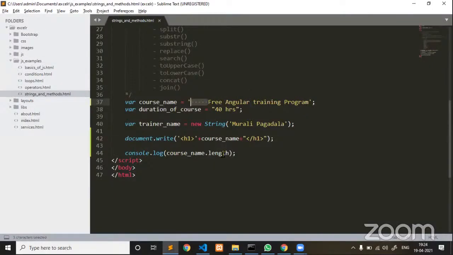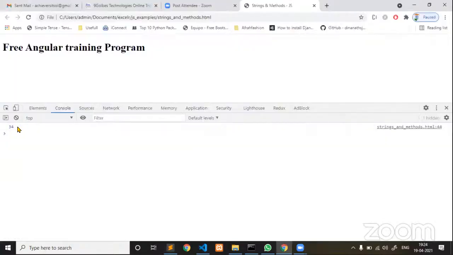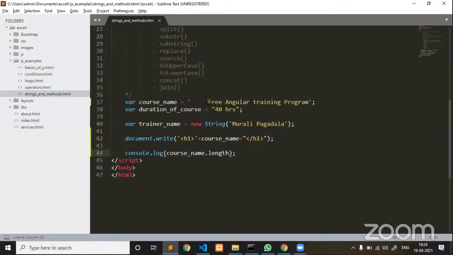But JavaScript is still calculating the number of characters in my course name. That's why it gave 34 characters. If you count, free, 4, space, 5, 6, 7, and so on, only around 27 are there, but the white spaces are also being calculated.